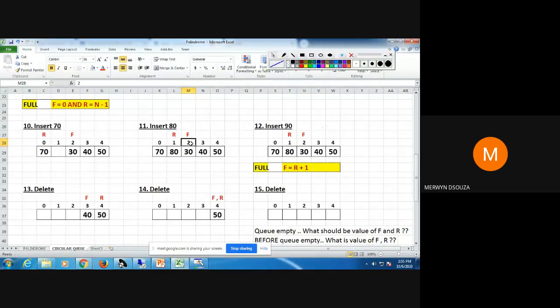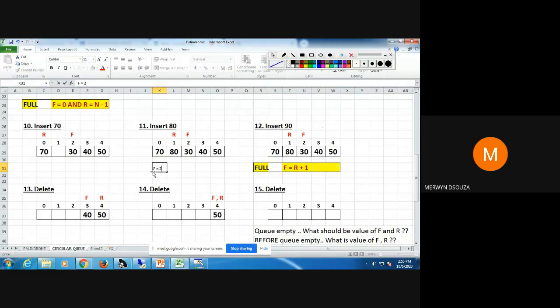So if you try to generalize it, the value of front will be equal to rear plus 1. So when your queue becomes full, this condition will be true: front is equal to rear plus 1.